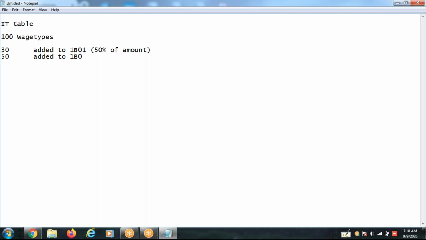Or 1B01 is with 30% of amount, or 40% of amount, of basic pay.